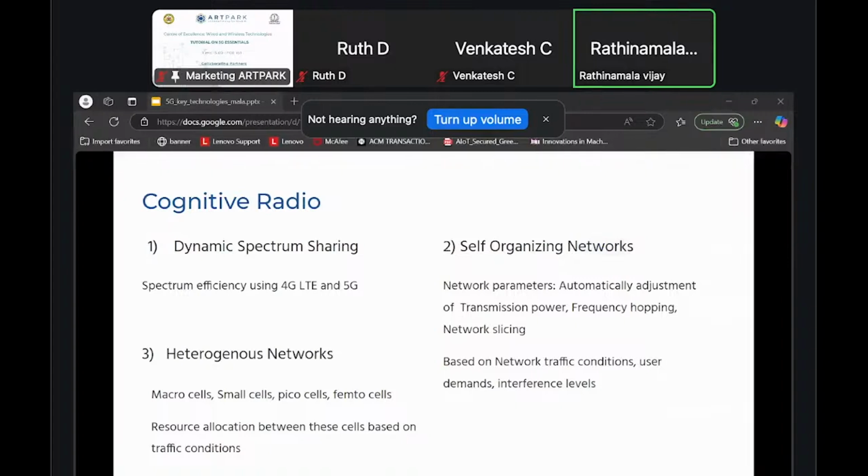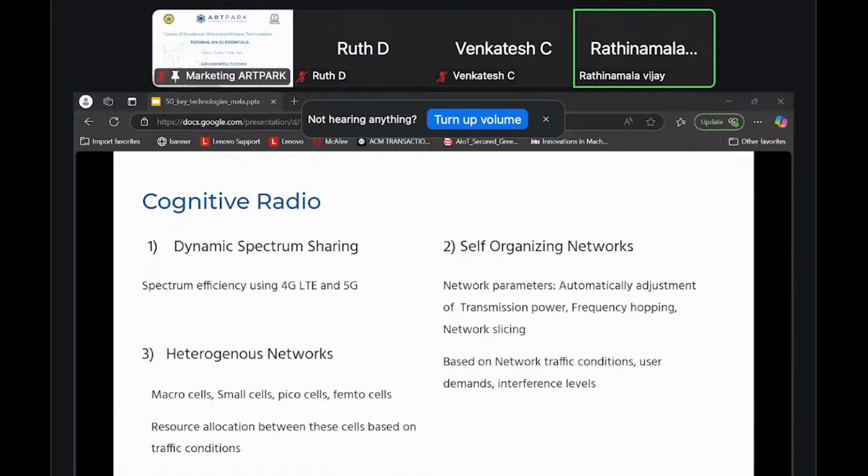So, other than that, there's also a major technology called cognitive radio, which is very useful in interference management and radio resource allocation. This is a technology where the radio has the capability to sense the environment and decide on the transmission parameters. Using this technology in 5G is very useful to allocate